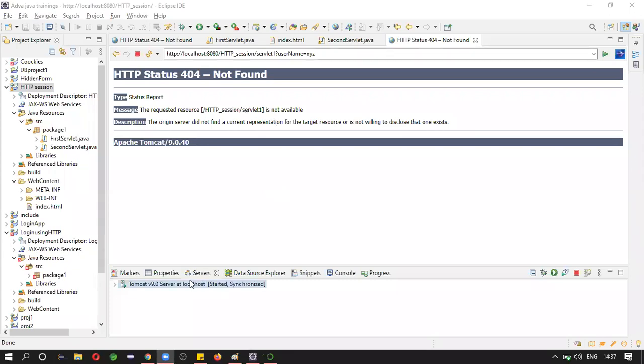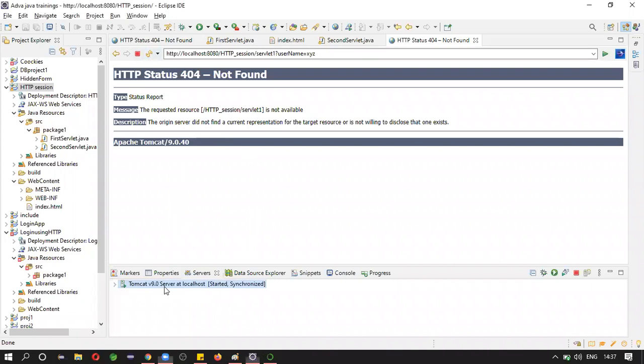Still servlet one. Okay, so maybe it is taking the old copy.